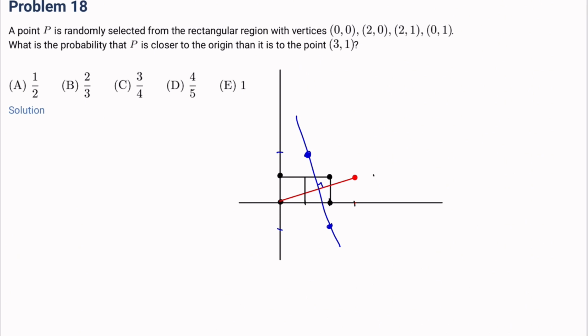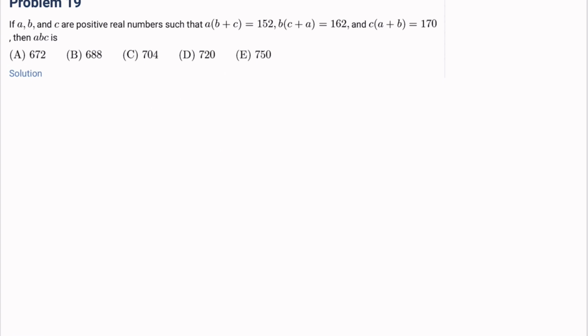So if we make one more blue line like this, then that means we have three of these pieces out of a total of 4, and their areas are all equal, so it's 3 over 4. The answer is C. Number 19, if A, B, and C are positive real numbers such that A times (B plus C) equals 152,